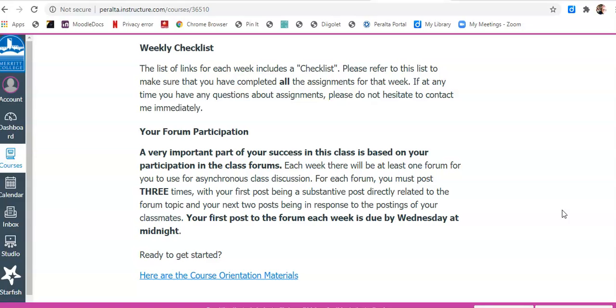What that means is you need to post 3 times at a minimum in the forum, that your first post to the forum should be a substantive post that's directly related to the topic of the forum for the week, and then you will post 2 more times in the forum by the end of the week, which is Sunday at midnight.